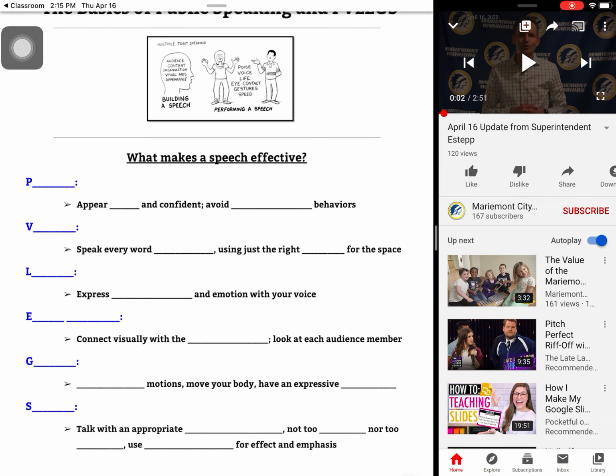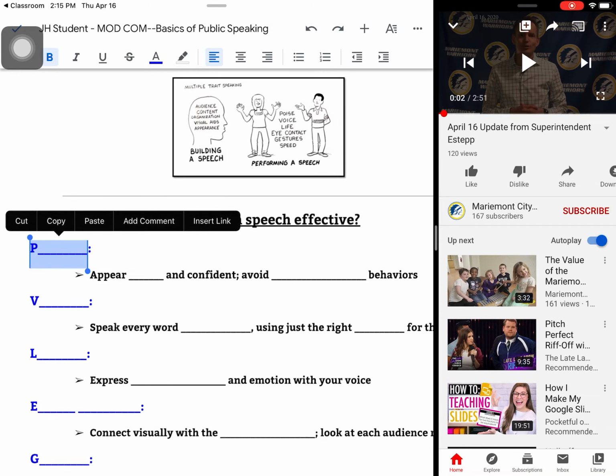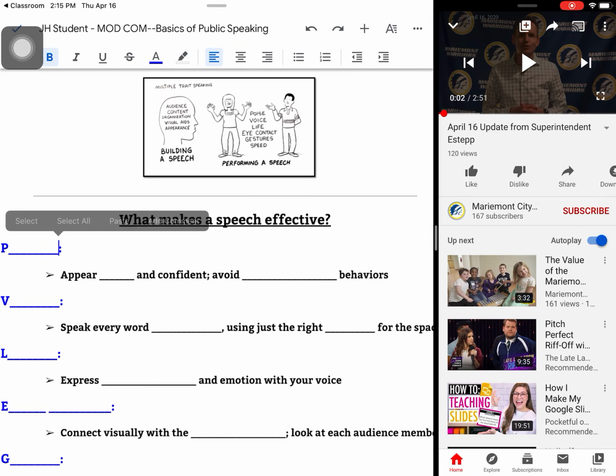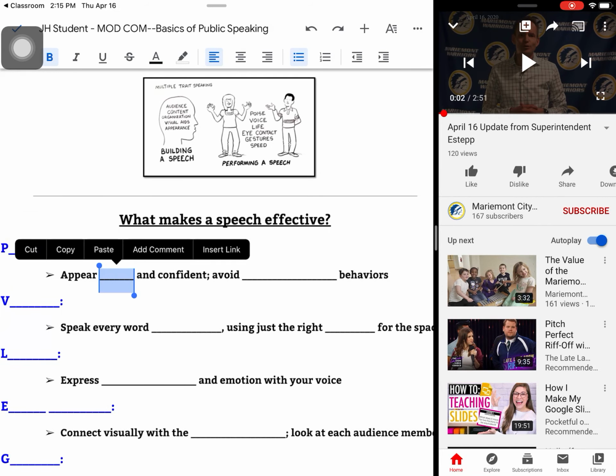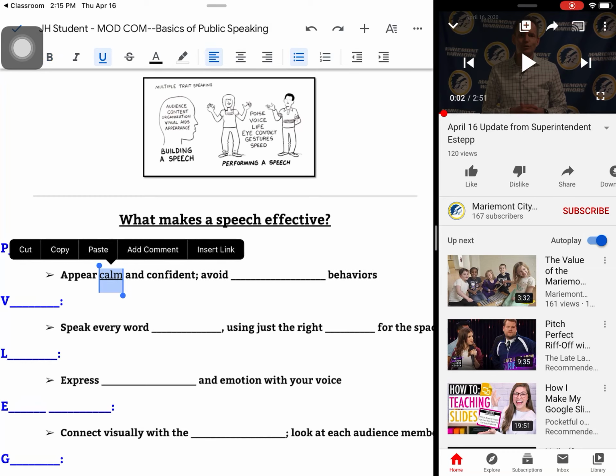The easiest way to do that is to just double click on exactly where you are supposed to be typing on that blank line, and then just type in whatever it is you're supposed to type in there. So if the word there is calm, I'm just going to change that blank line to whatever the word is. Some people like to keep it underlined or make it bold or make it a different color.